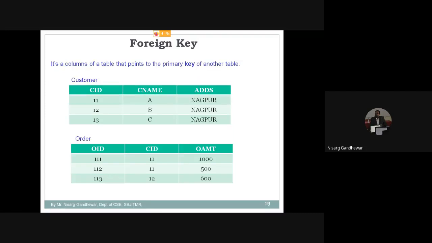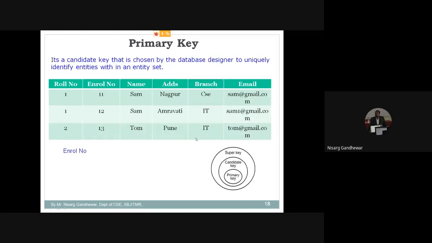Foreign key is also there, but foreign key is not that important in normalization. We know that in the foreign key concept, there is one parent table and one child table. A parent-child kind of relationship exists. In order to establish a relationship between two tables, we require the concept of foreign key, but we don't require the foreign key concept in normalization. Okay, next concept,